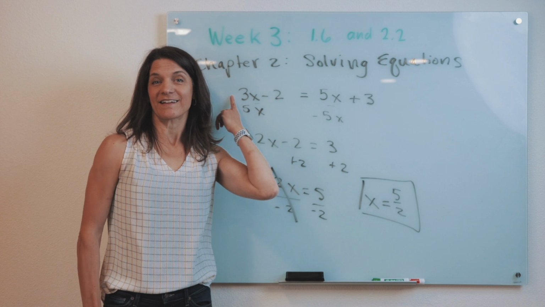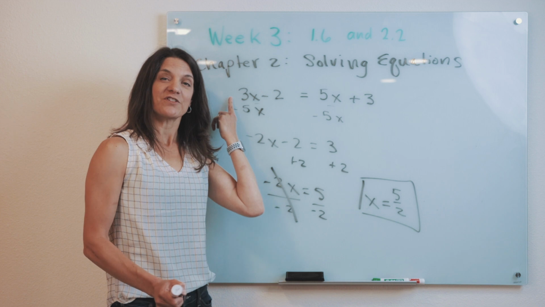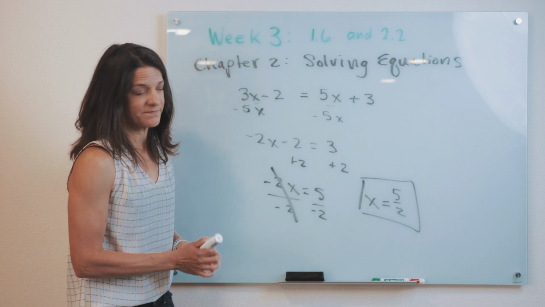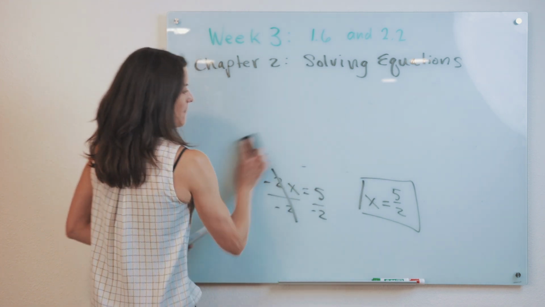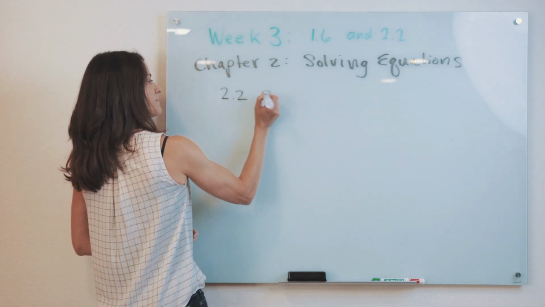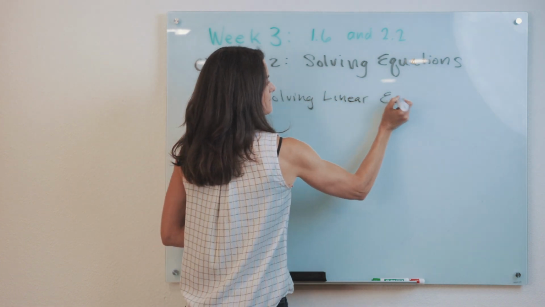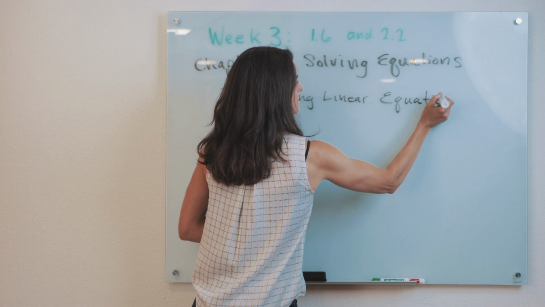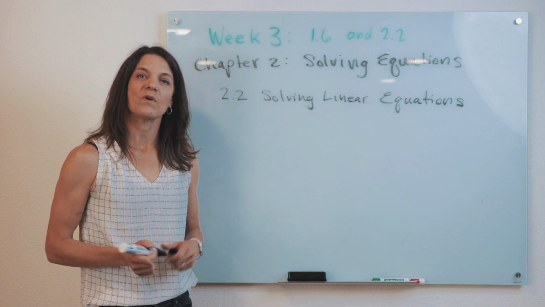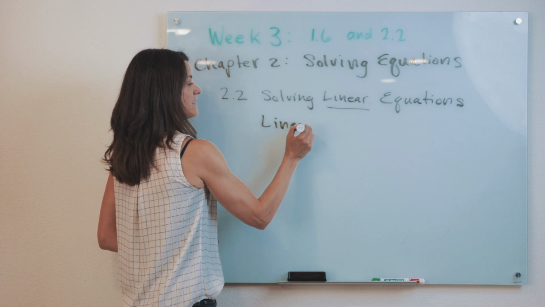This is one of the more basic equations that we are going to look at in this chapter. Section 2.2 is going to cover what we call linear equations. So what makes an equation linear? A linear equation has